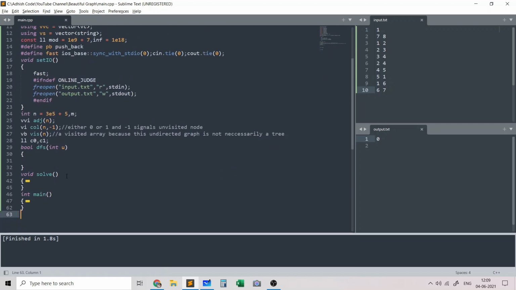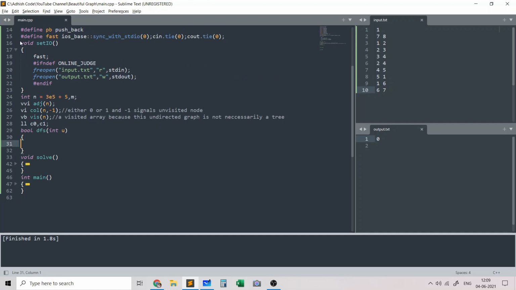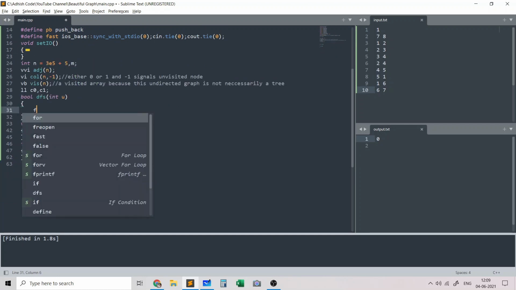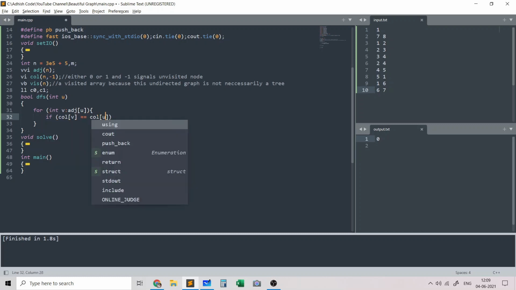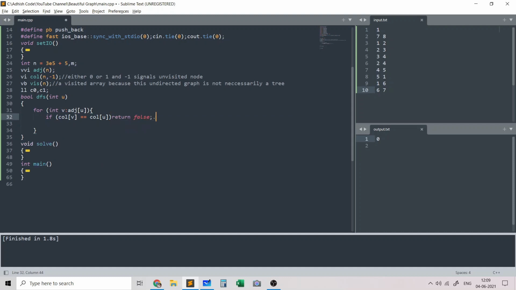The DFS function is where we do the standard DFS for the bipartite graph. So for each v adjacent to u, if the color of v is the color of u, then basically I return false because then the graph is not bipartite.